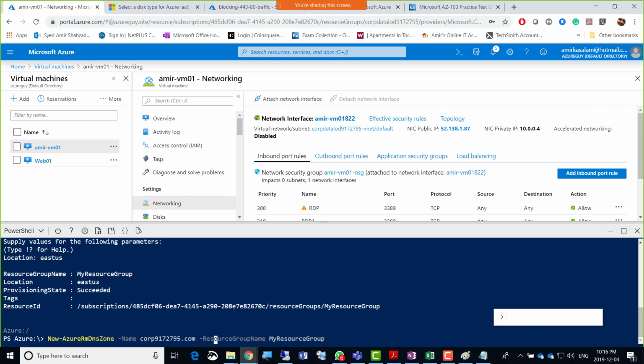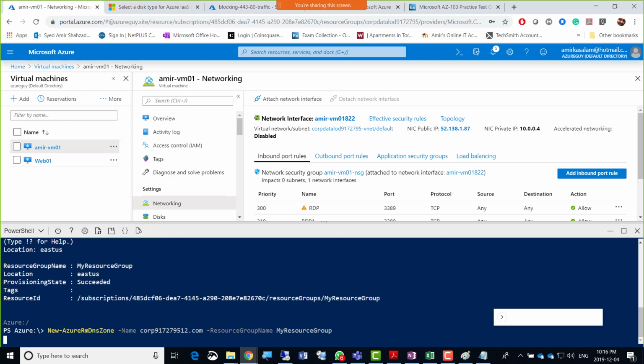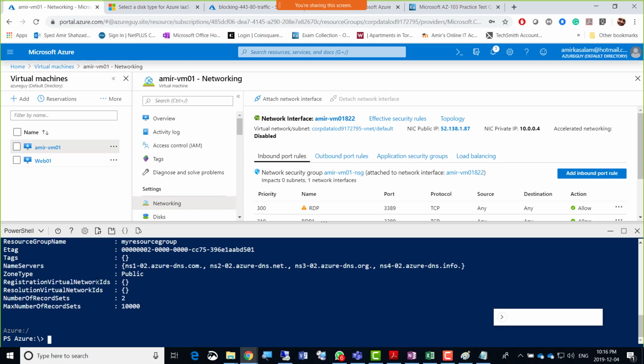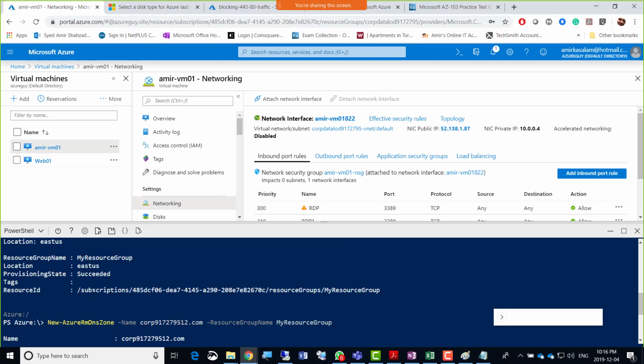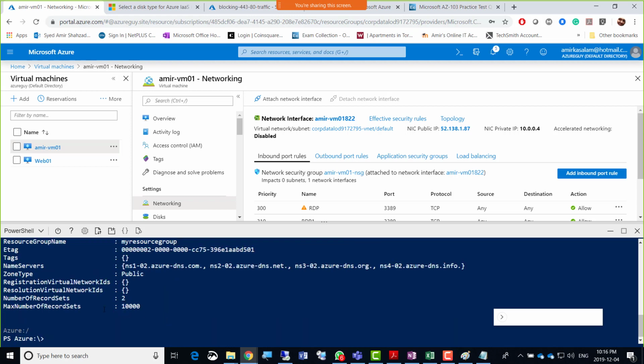I hope it doesn't give me an error, so I'm just gonna put after it 5 1 2. I'm just adding some numbers there. And yes, it gets created quickly as well. So it is created there. Once you are able to create that group, and if it is successful, that's it, that's the lab, right?